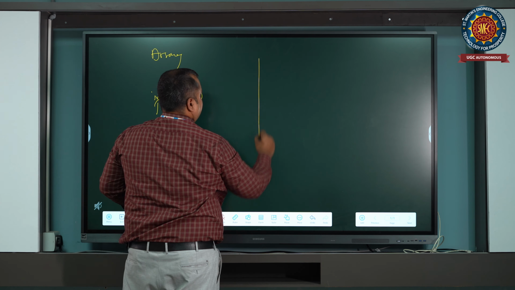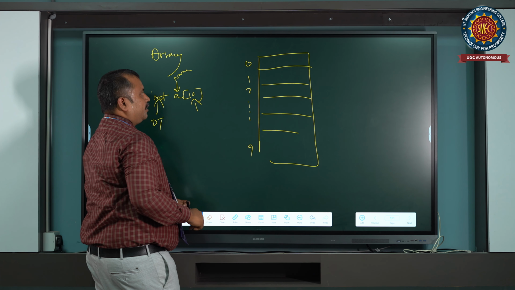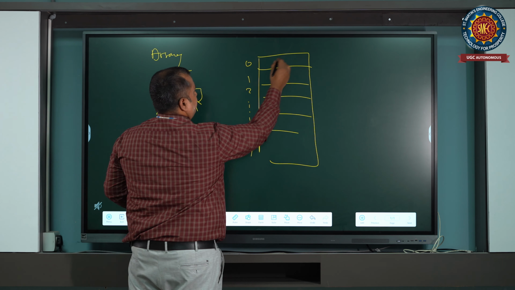It will look like this, from index 0, 1, 2 up to 9. First we will store the data 10, 20, 50, 15, 100, 1000, whatever. But see the data, all are integers.